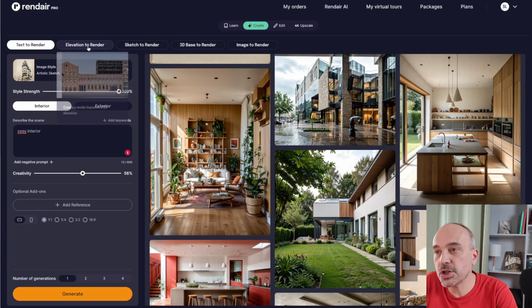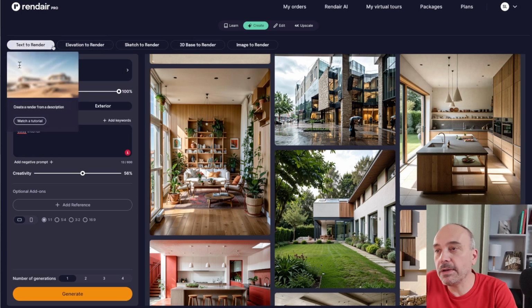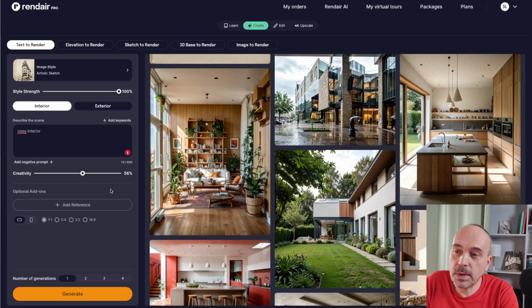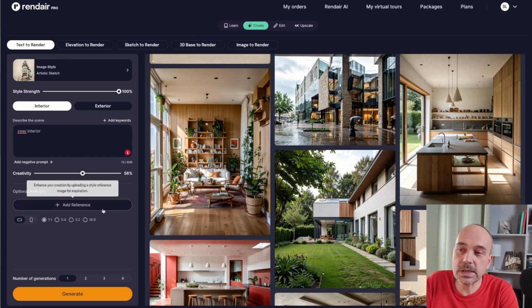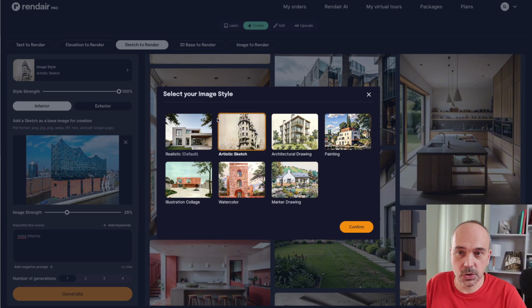So if I just browse the use cases that are possible inside this application, you have text to render, which is similar to the image generation that we made with Midjourney, with ChatGPT, DALL-E. But here you have maybe a few more options. You could, for example, give a reference image. So a bit like in Midjourney, we can add a reference image to give a style, to give some indication, but not precisely control the geometry. After, if you go to other use cases like sketch to render, here you see that we can choose a style of